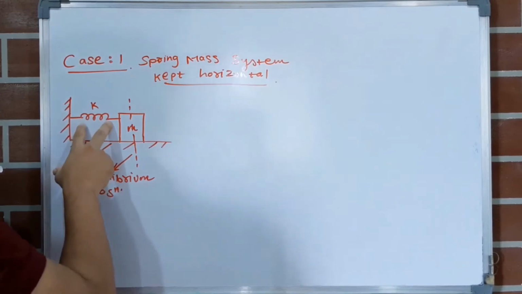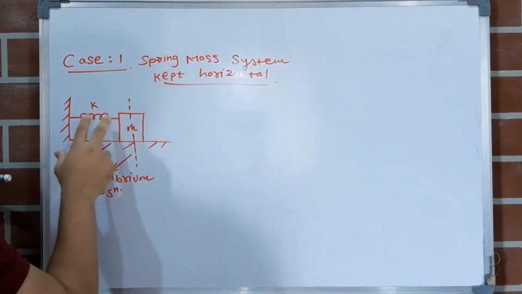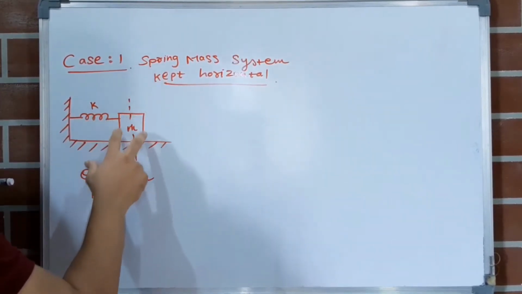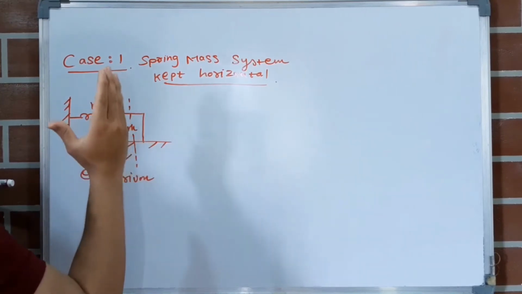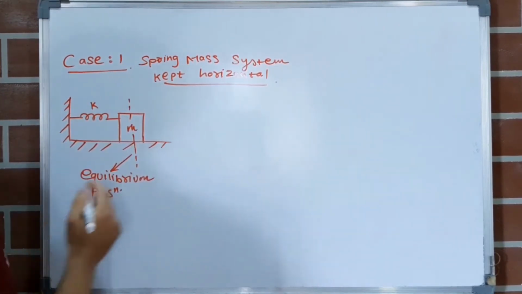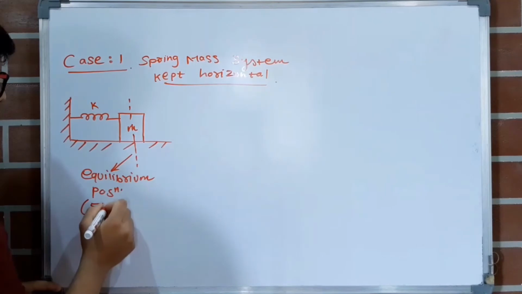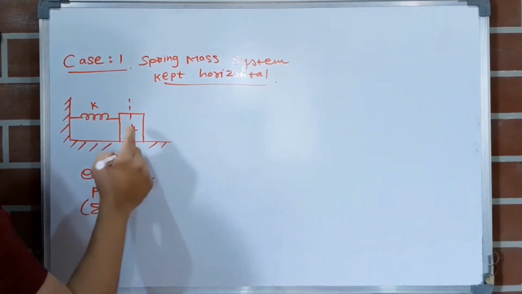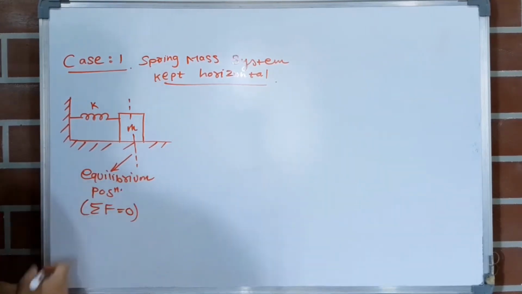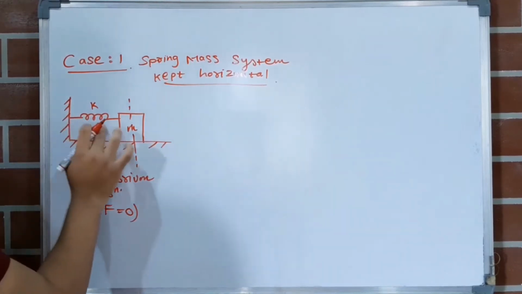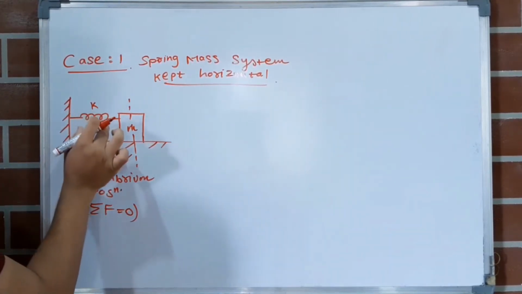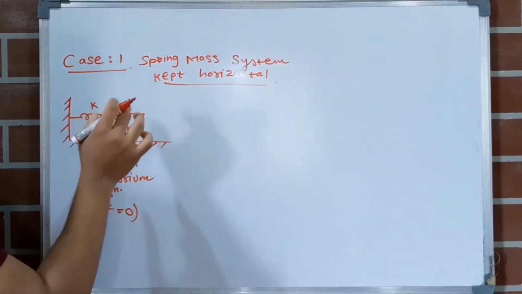So whenever the spring is at its natural length in the horizontal case, we get the equilibrium position of the mass. Equilibrium position means the summation of forces on the object at this position is 0, and also the spring is in natural condition, so it is neither expanded nor compressed, so there will be no